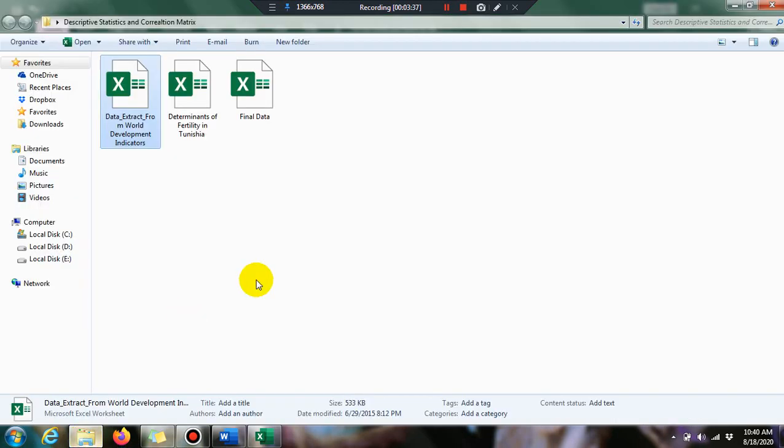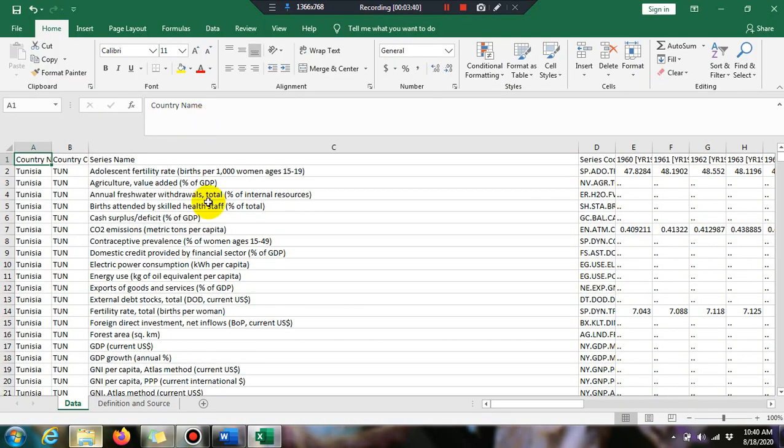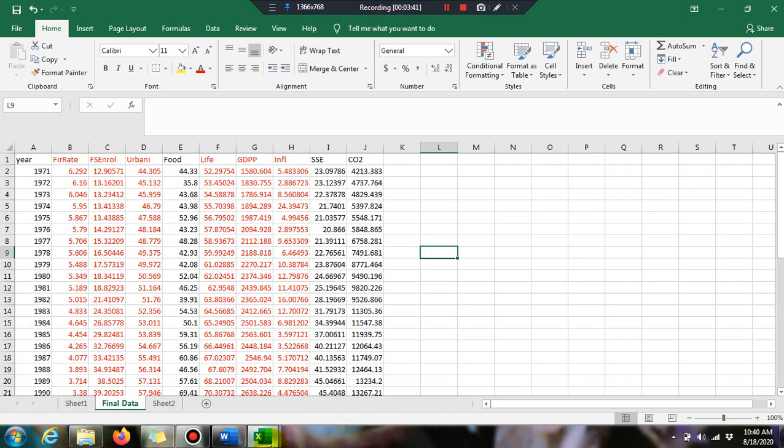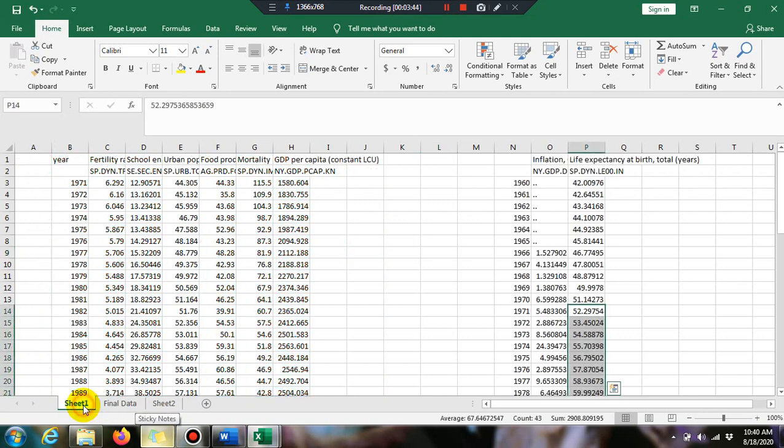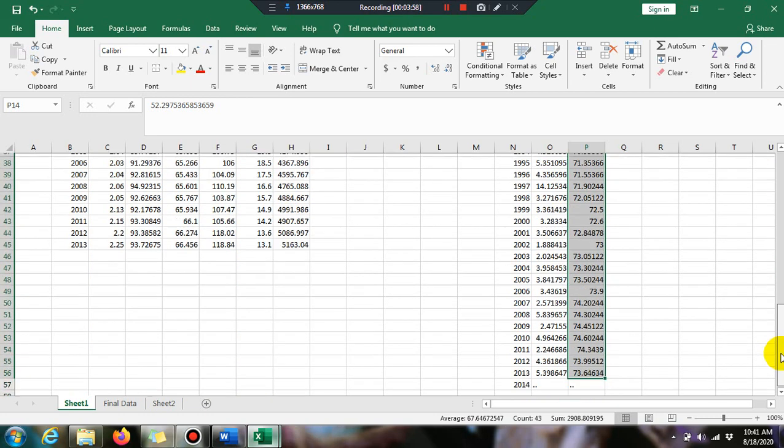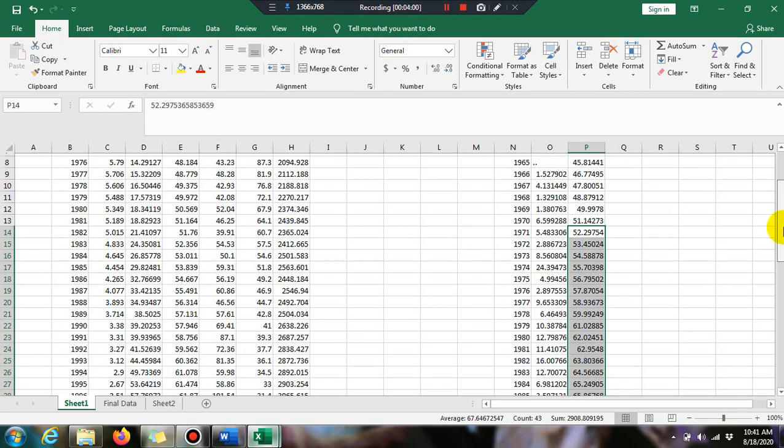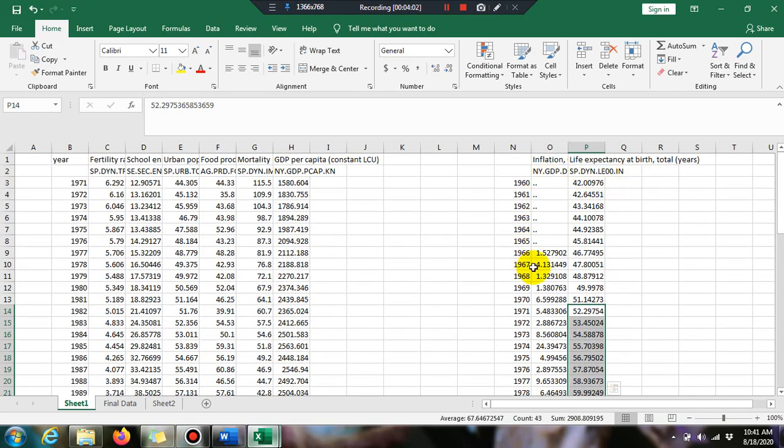First you have to copy and paste the data from the World Bank file. See here we have data in the World Bank Excel file from 1960 to 2014, but see here some of the observations are missing.